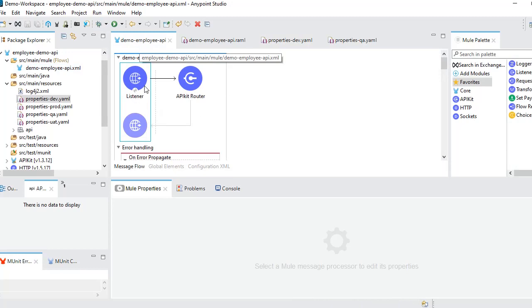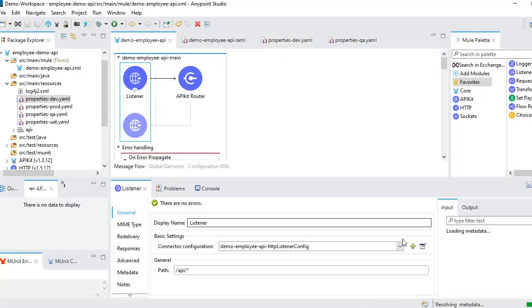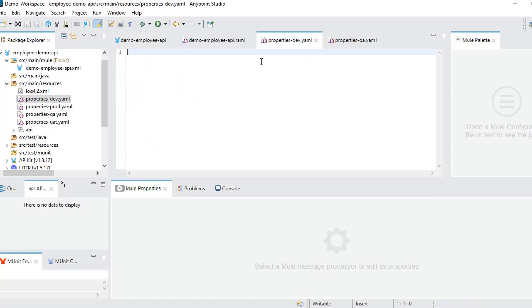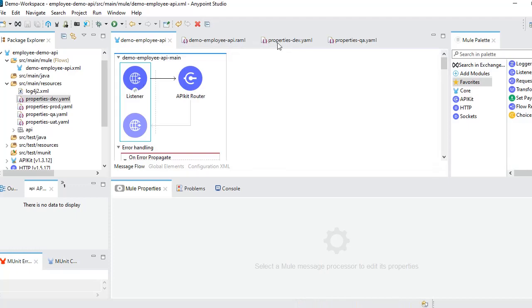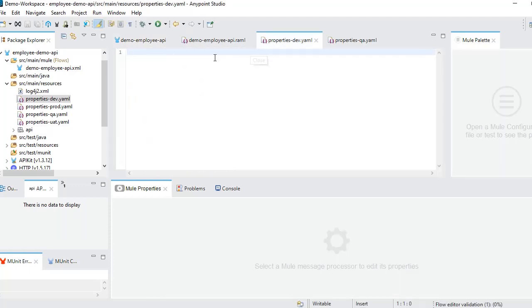In our application, for now we have only these two values hard coded. One is the path. Let's copy this value. Go to properties dev environment. What you need to give are the properties. This is an HTTP listener property, right? So you can give HTTP as a root value,